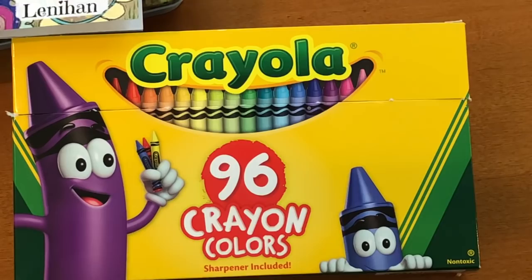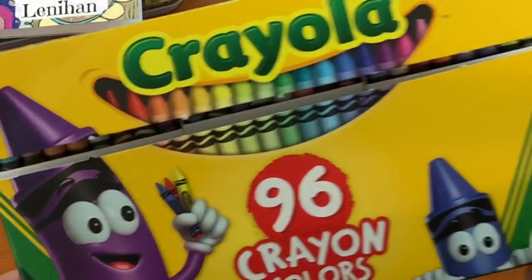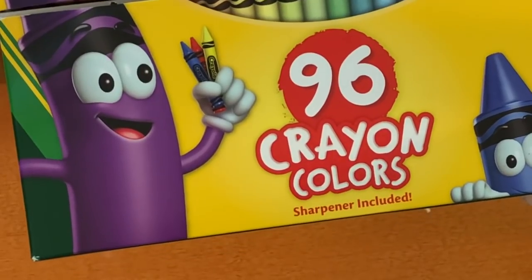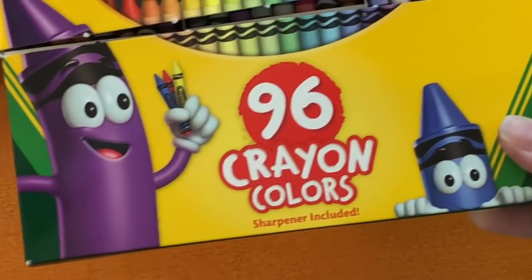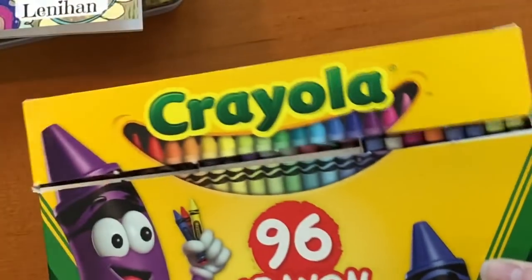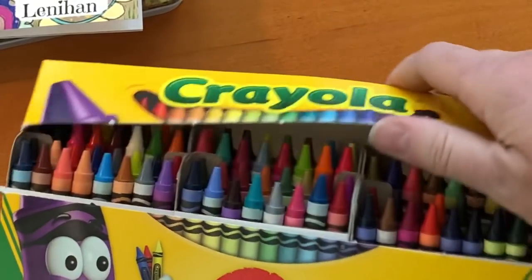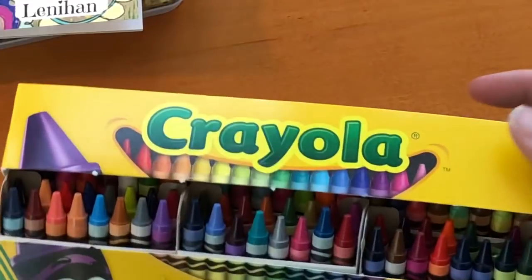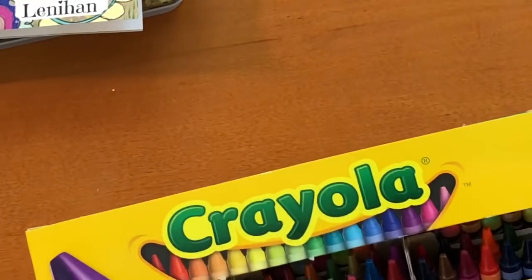I was walking through Target the other day and I saw the good old fashioned box of Crayola crayons. Although I think they were 64 crayons when we were kids. I couldn't wait to open them and just take a look at all the colors. So then that made me think I would love to see, well, not that I could, but I would love to see what kind of results I could get in